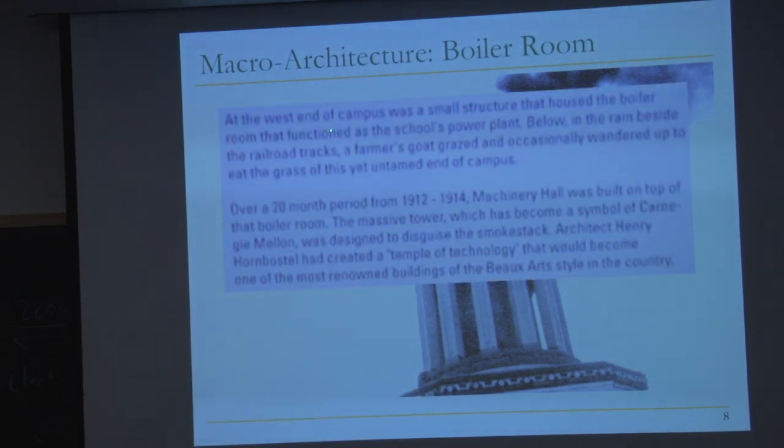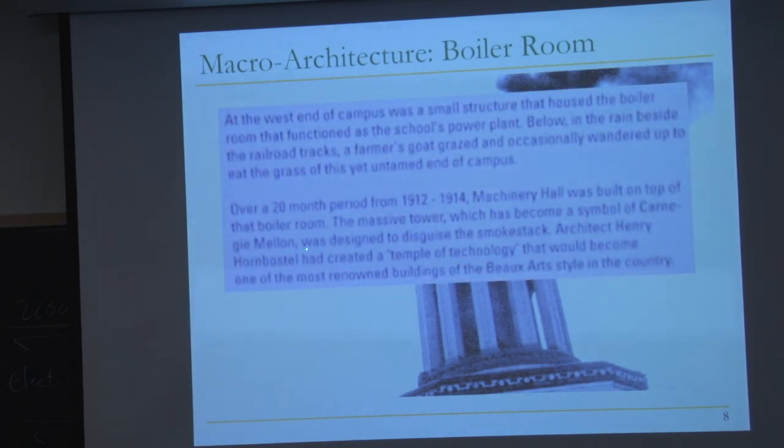If you read this, at the west end of campus was a small structure that housed the boiler room that functioned as the school's power plant. Below, in the rain beside the railroad tracks, a farmer's goat grazed and occasionally wandered up to eat the grass of this yet untamed end of campus. This was a long time ago. Over a 20-month period between 1912 and 1914, Machinery Hall was built on top of that boiler room. The massive tower, this thing,